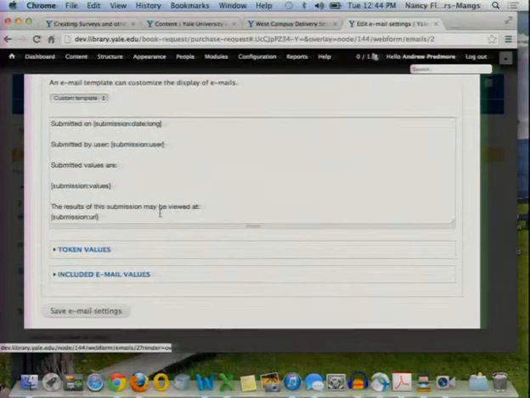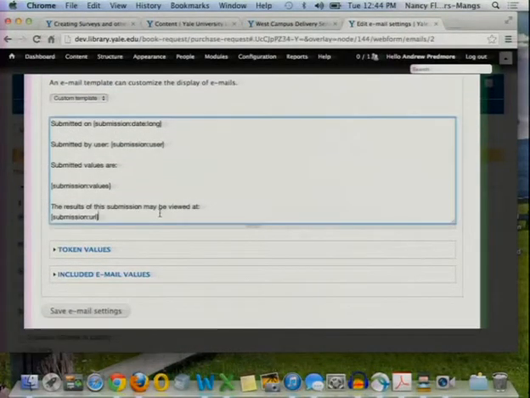One thing that does cause confusion: if the form requires you to be logged in when you see the form, then they will be able to see their submission, right? Because a person that submits a form will be able to go back and look at their submission on the web. If it does not require that